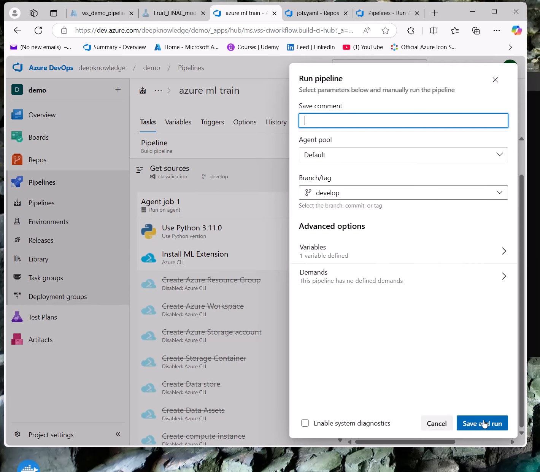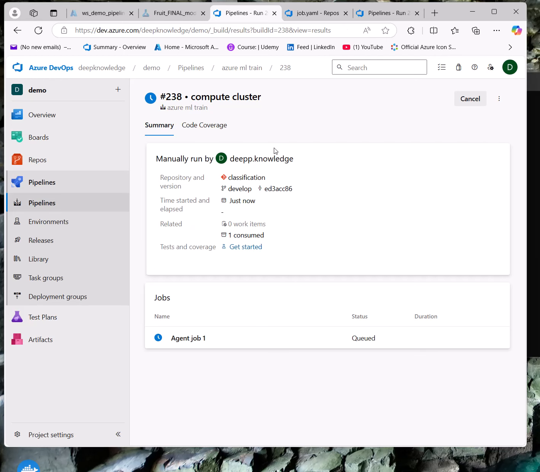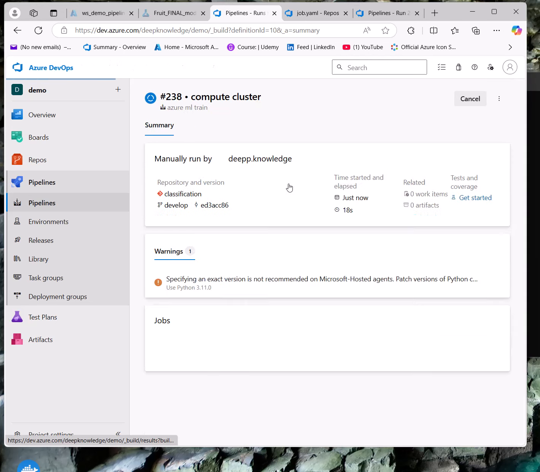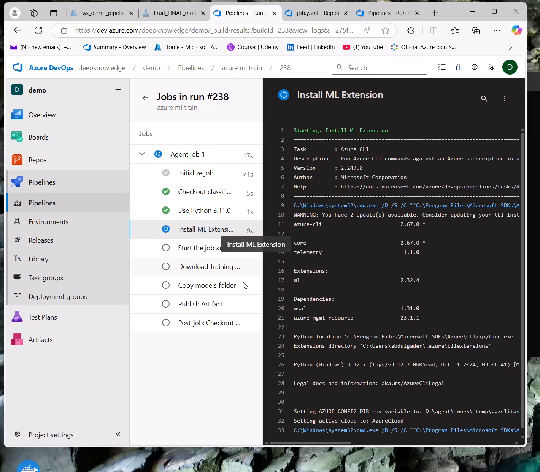So someone will ask why I need to save and queue. This is a good question. But now it's only a demo. In the future, in real systems, this pipeline will be triggered automatically when we have new updates. You will define this stuff. I have also uploaded some videos on this. Because this will take a few minutes, I will pause until it finishes.